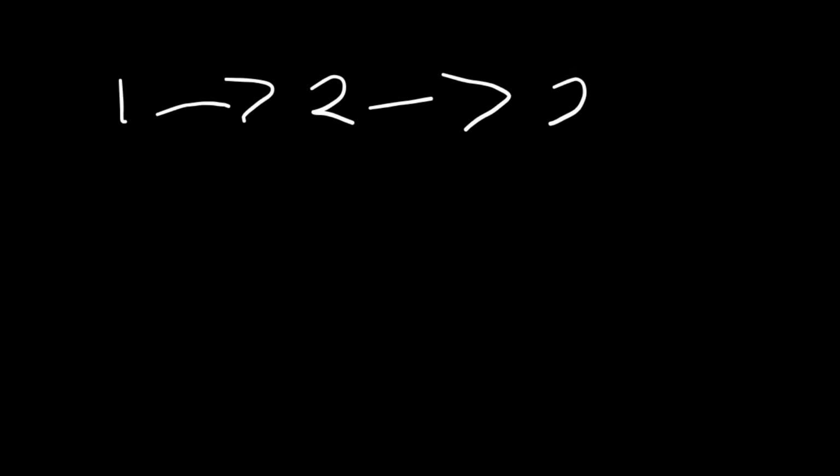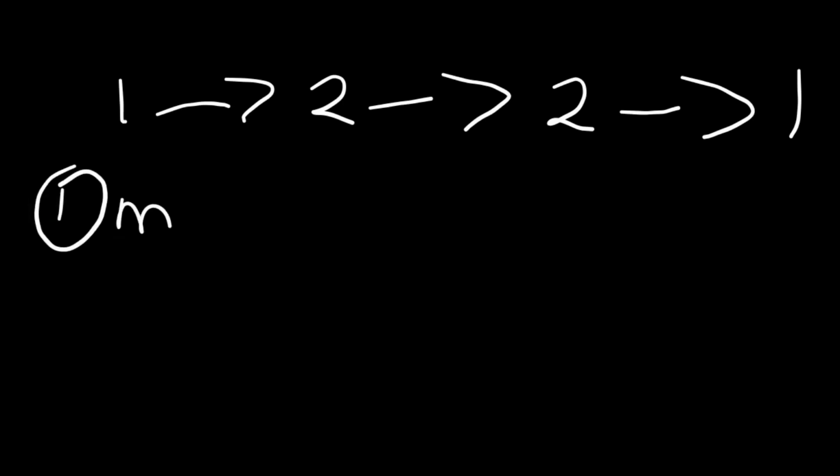So the first thing that I want to do with this problem, okay, if we're given a linked list of 1, 2, 2 and 1, and we want to solve this using two pointers, the first thing is that we want to find the middle of the linked list. And why do we want to find the middle? We want to find the middle because